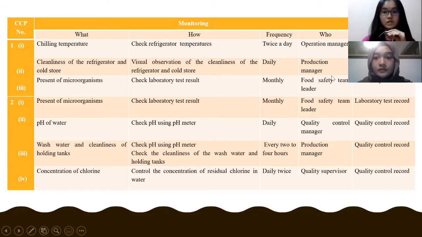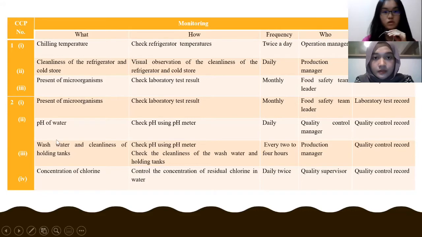Then food safety team leader will monitor the presence of microorganisms in both CCP 1 and 2 by checking the laboratory test result of the microorganisms monthly, and the record will be stored in laboratory test record. And then for our CCP 2, which is to wash the vegetables,